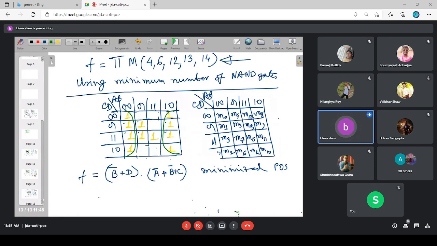So I have to now go one step below. That means groups of 4s. Is there any group of 4 possible? Yes, sir. How many? 2. One, but we need one only. How many you need? We are not concerned about that. When you are forming quads, you have to go for all possible quads to cover the yet to be covered cells. How many cells are yet to be covered after inclusion of that octet?